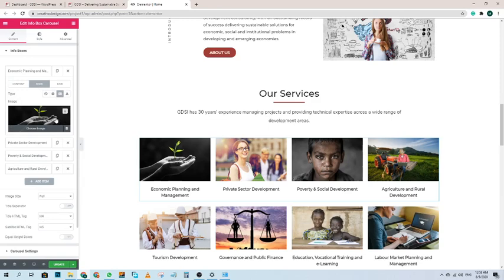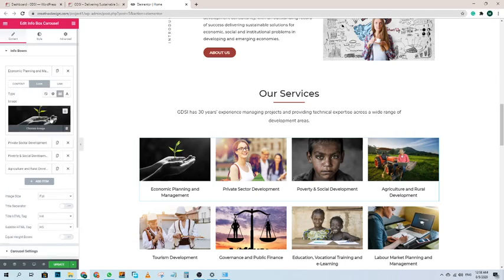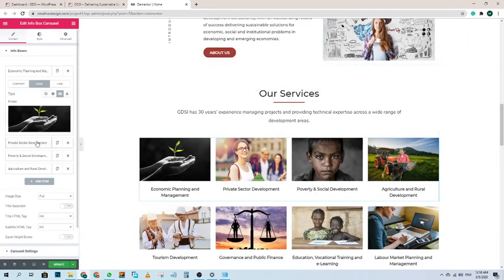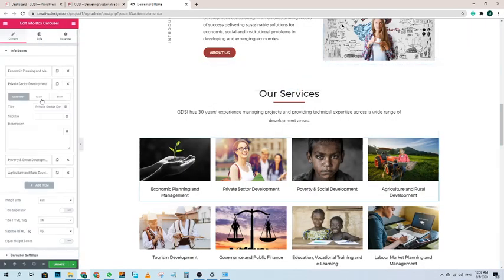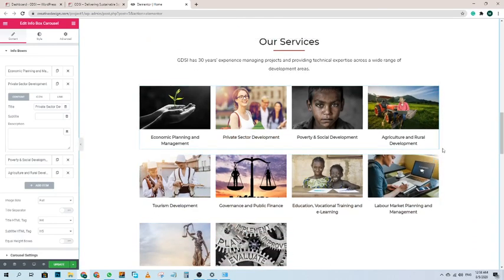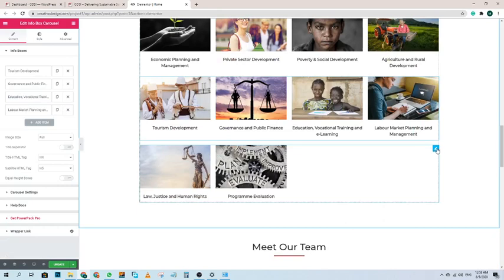And if you want to change the image, you have to come in this icon tab and then click on the image and add a new image. Similarly you can change the other tabs as well. And this is the one element, this is the second element, and this is the third element.